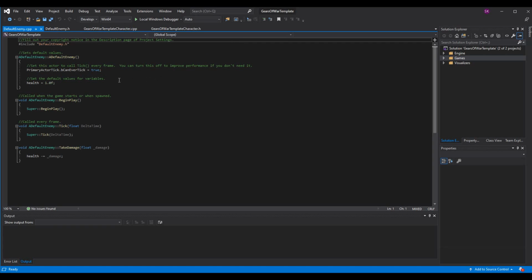Same here with the CPP file. Your includes will be default, your constructor will be default, and your begin play and tick will be default. But we want to make sure we set the health to a default value, and in this case, and in Unreal,